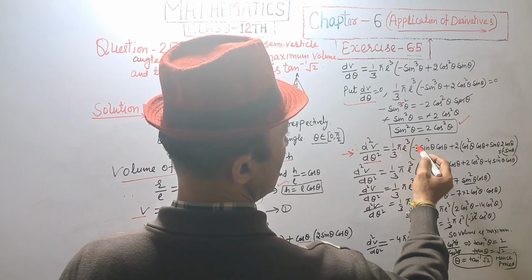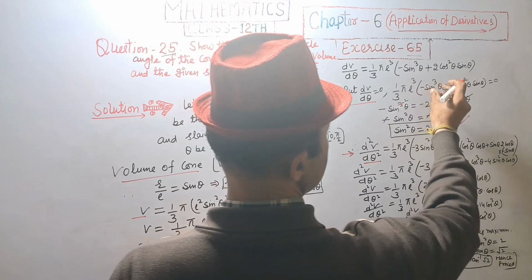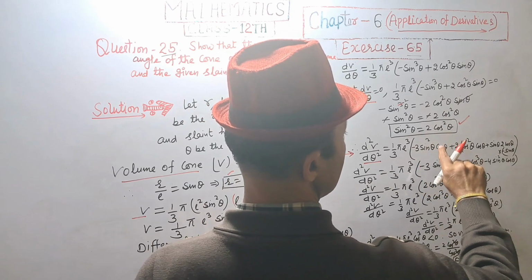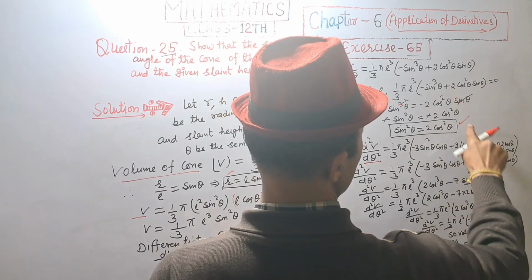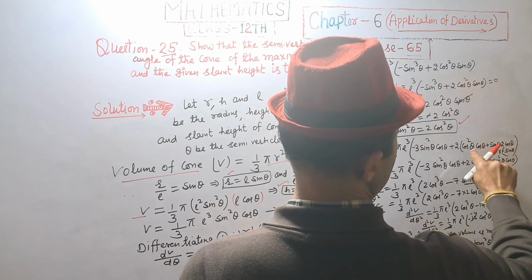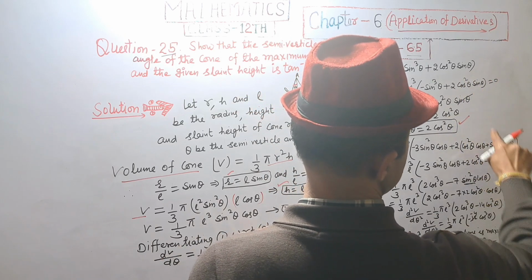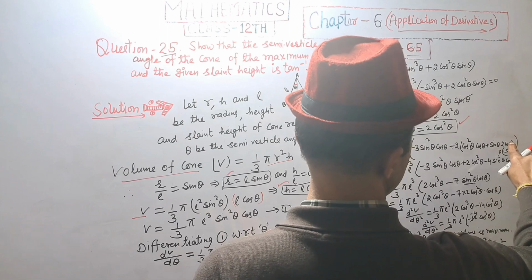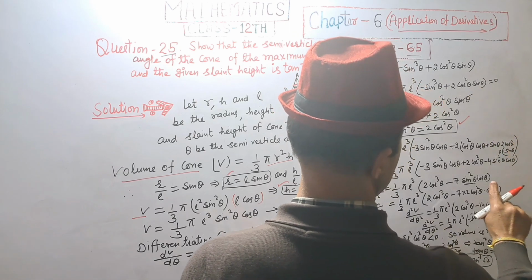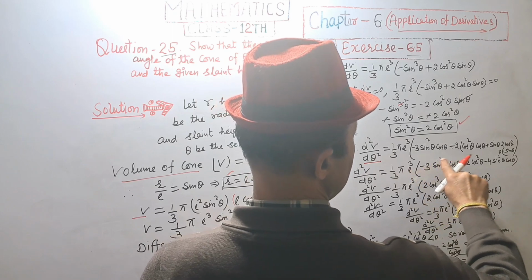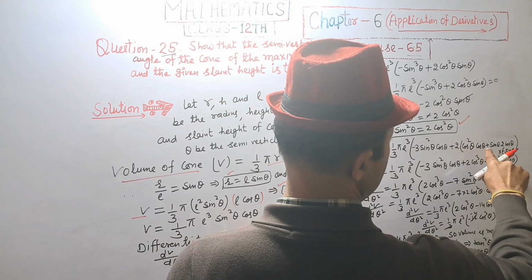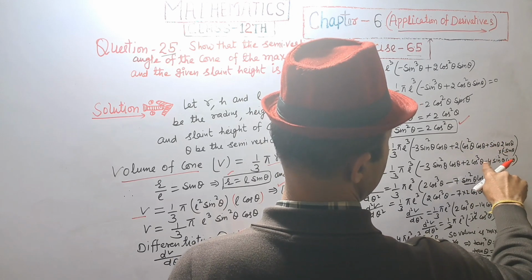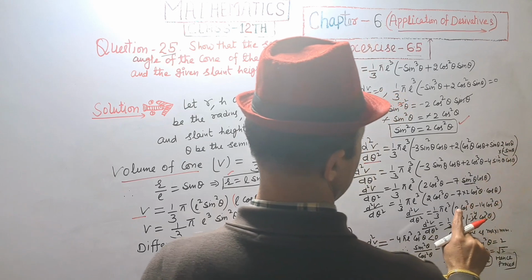Differentiating once again, double derivative, we get d square V upon d theta square is 1 upon 3 pi L cube, and differentiation of minus sin cube theta is minus 3 sin square theta into derivative of sin theta is cos theta, plus 2 cos square theta as it is, derivative of sin theta is cos theta, plus sin theta as it is, differentiation of first function that is 2 cos theta into derivative of cos theta is minus sin theta, and we are multiplying 2 with cos square theta, cos cube theta, that is 2 cos cube theta, 2 2s are 4, and minus 4 sin square theta cos theta.